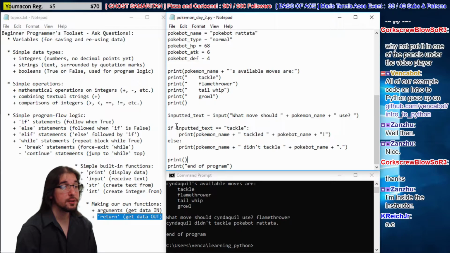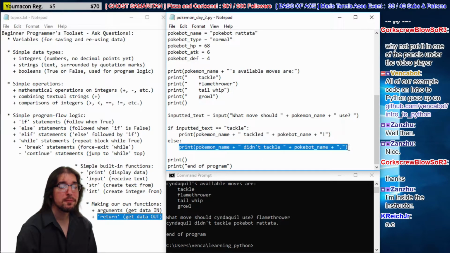So we asked a question here. Is the inputted text equal to tackle? If it is, do this. Else, do this. Right, we're going to make it a little more complex now. So instead of having this message here about didn't tackle, we don't need that message, right? What we need is